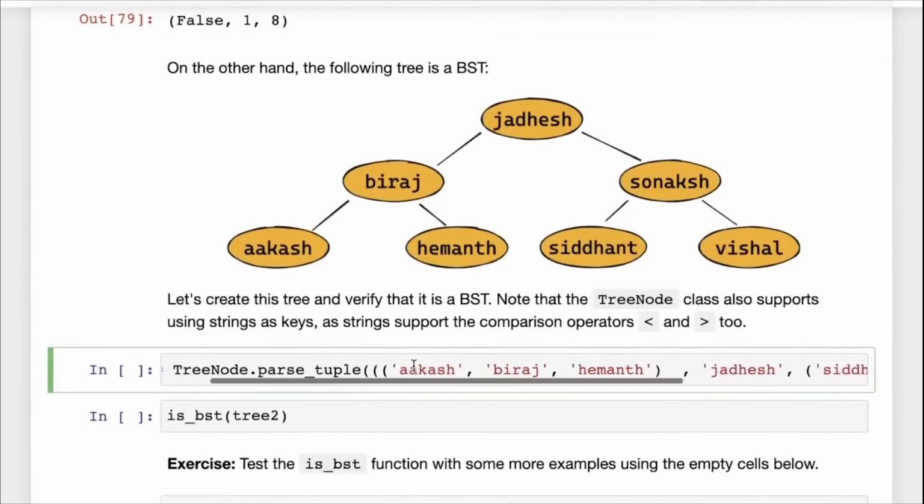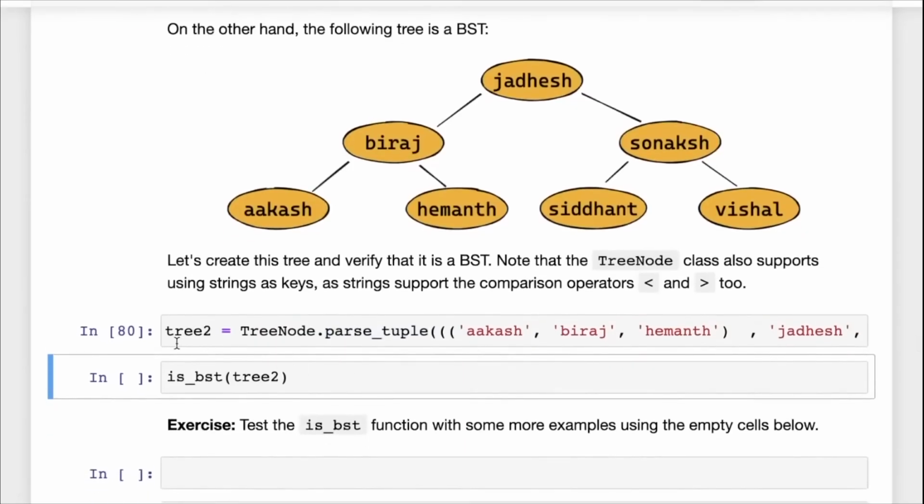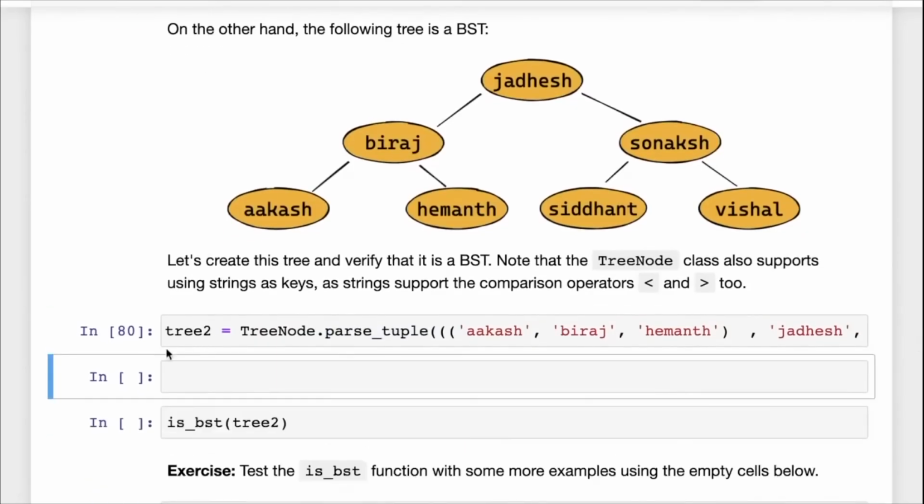So once again, we can create this using tree node.parse tuple. And note that the way we've implemented tree node, keys can not only be numbers, but they can also be strings. So we don't need to change anything here, and that creates tree2. And we can even display tree2. So if we do tree2.display keys,